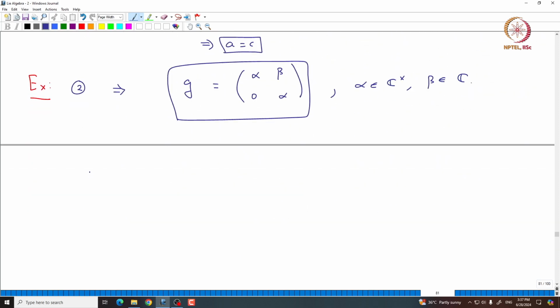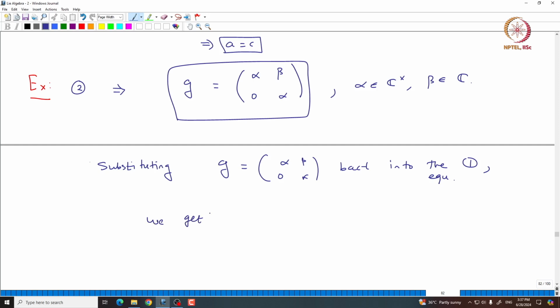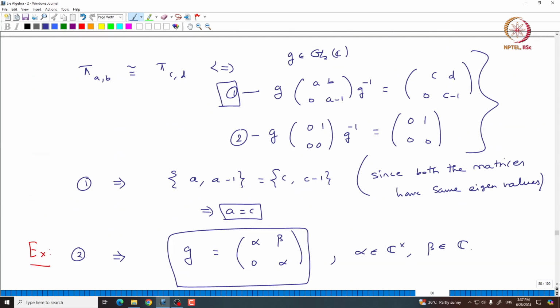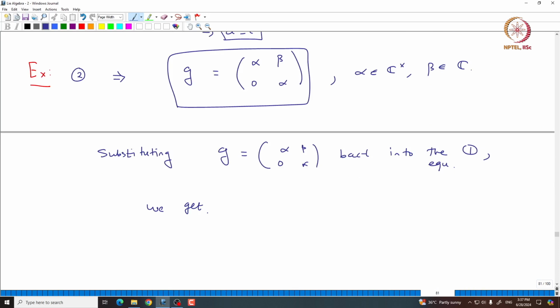So, if we substitute g equal to alpha beta 0 alpha back into equation 1, we get, this is again a simple calculation, g a b a g a inverse a minus 1 g inverse equal to c d 0 g c minus 1. So, you can just do this calculation. So, this will give us that alpha b plus beta a minus 1 is equal to beta a plus alpha d,